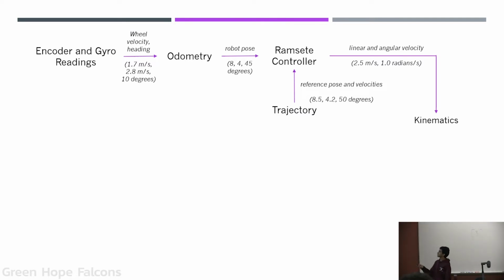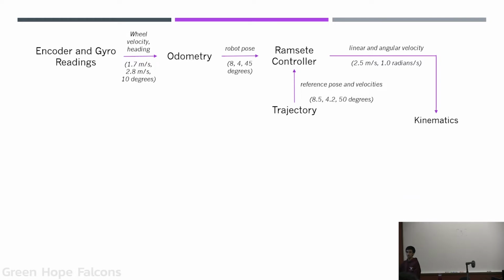So here, the controller says, you should move forward at 2.5 meters per second, and you should have an angular velocity of 1 radian per second. That means that we're moving forward while slightly curving to the left. Let's think of this in terms of the velocity of the left side of the robot and the right side of the robot. So if we're moving forward while curving to the left, which one should be higher, the right side or the left side? So we're moving forward and we're curving to the left. Oh, the right side. Yeah, so the right side velocity should be higher than the left side velocity